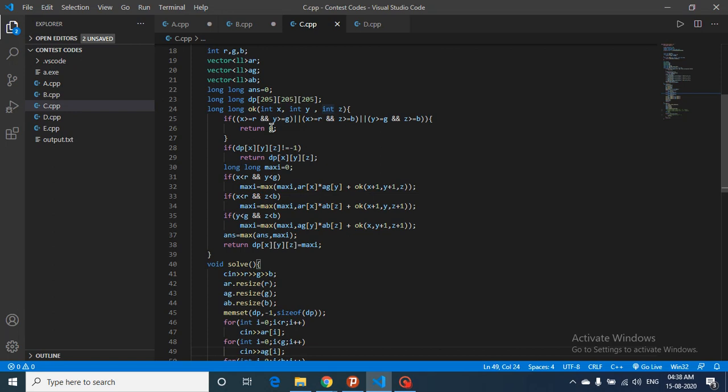Okay, so the base condition is, which I have told you, if x stores the position of the pointer which is moving along the red, y stores the pointer position which is moving along green, and z stores the pointer position which is moving along blue. Okay, so now, as you can see, if x is greater than r and y is greater than g, which means that both of them,